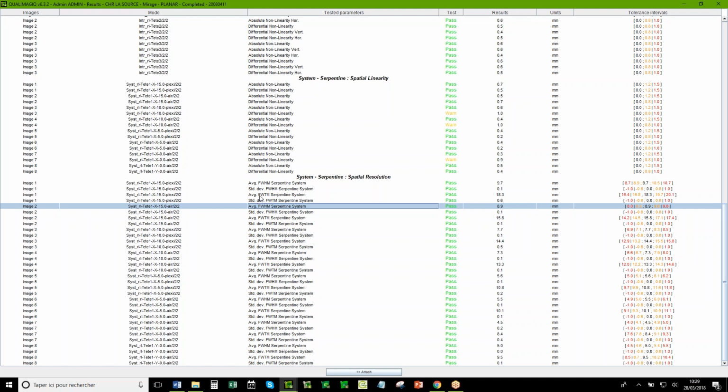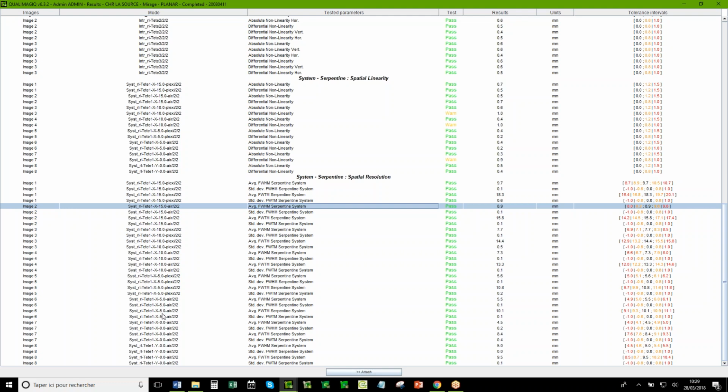We measure the full width half maximum and the full tenth maximum. So 50% in the profile and 10% in the profile.